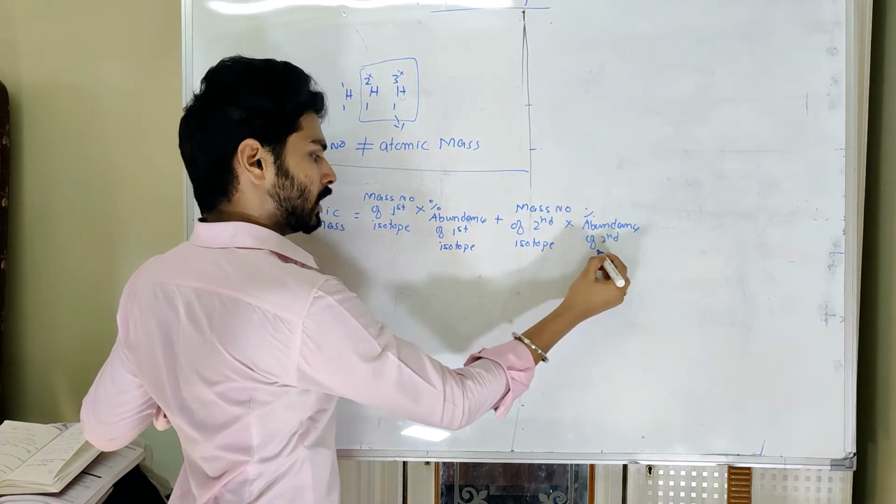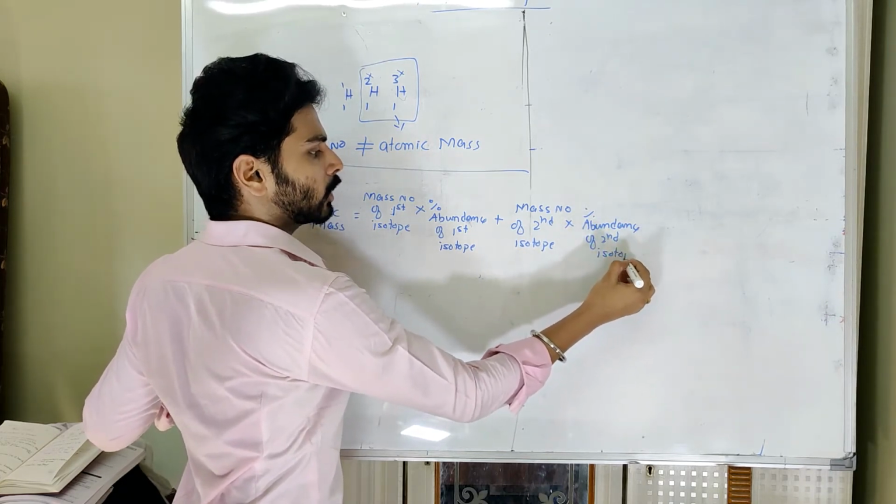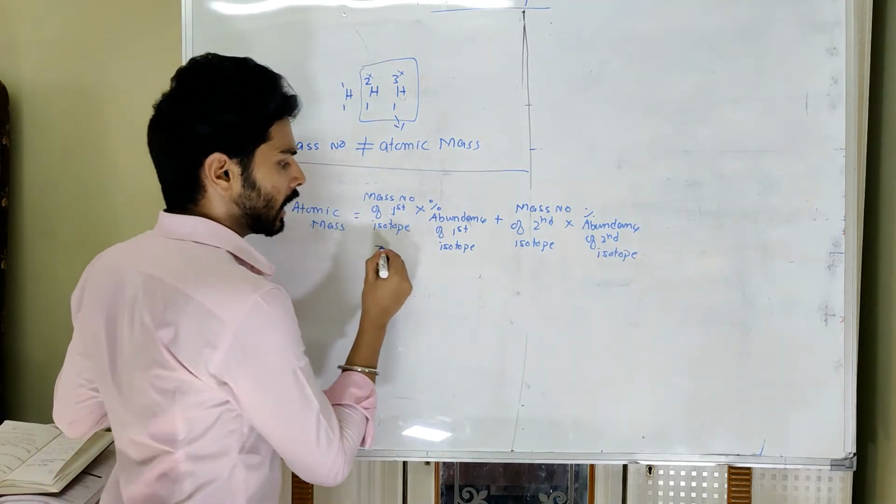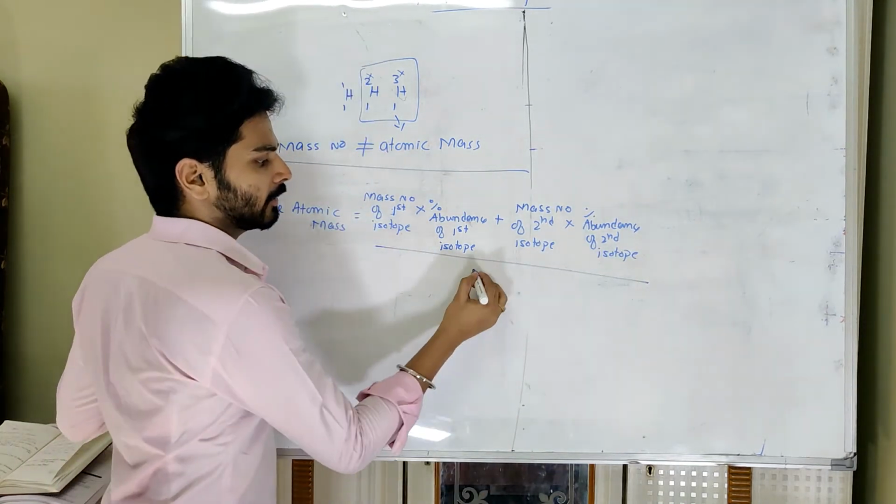I can keep on going like this depending on how many isotopes are present, and finally divide with 100,